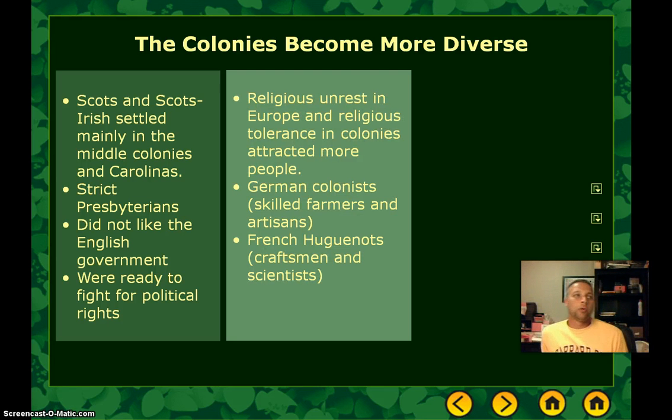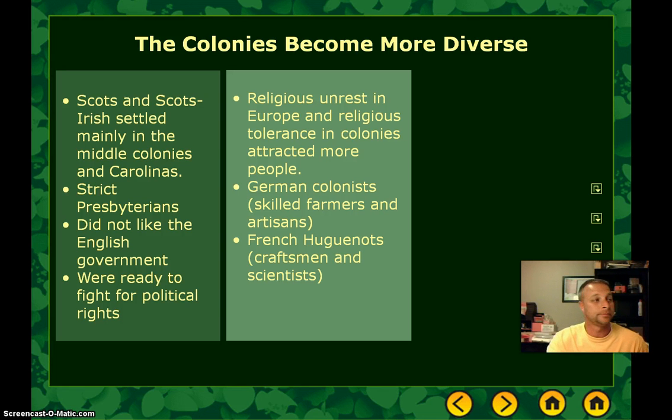In Europe, you had more and more religious unrest, and the tolerance and the openness of the colonies attracted German colonists, many German Catholics and German Protestants as well, who oftentimes became farmers and artisans. Also, large numbers of French Huguenots, who oftentimes became craftsmen and worked in scientific fields as well, were attracted to the